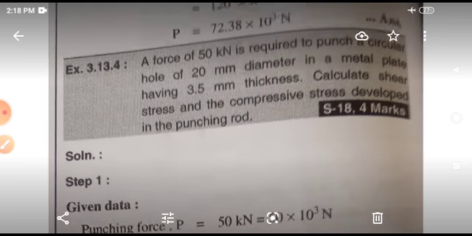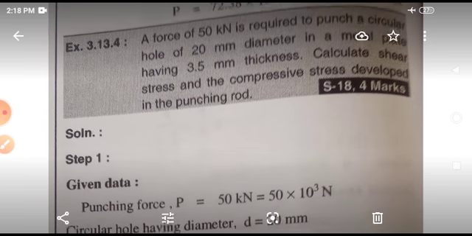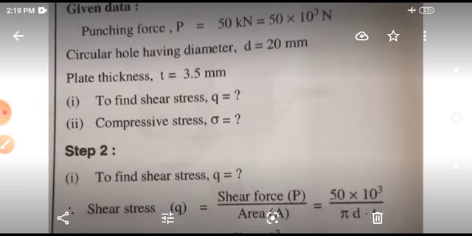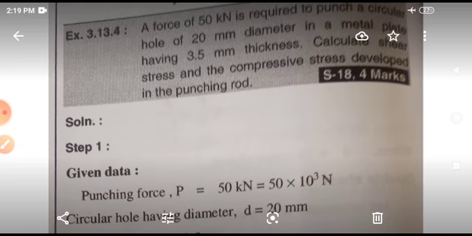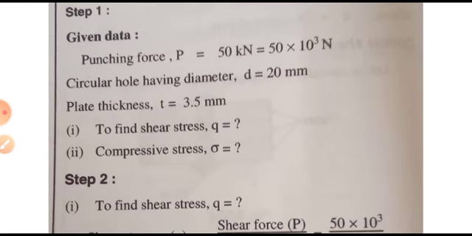There is another, similar problem. These are problems for impact loading. If you have to punch any hole, in that case you have to use a press machine for punching this hole. Again there is one more problem which is the same. You have to punch a hole of 20 millimeter diameter in a metal plate of thickness 3.5 millimeter. Calculate the shear stress and the compressive stress developed in the punching rod. Write all these things. You have